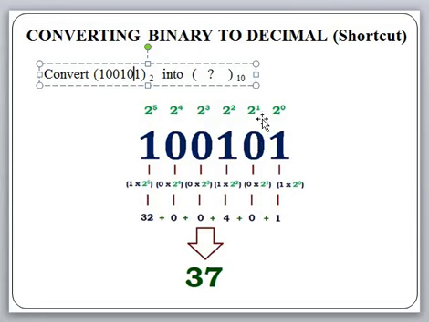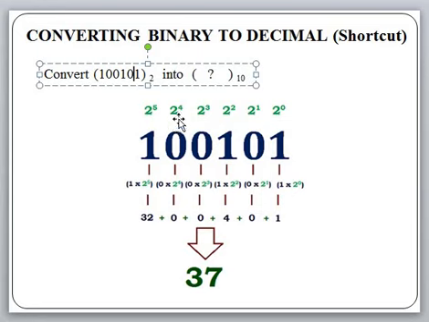Now the second digit is 0. Its weight is 2 to the power 1, which is 2, but this digit is 0, that's why we have to neglect it. So we add 0. Similarly 2 to the power 2 is 4. Since this digit is 1, we consider 4. Next 2 to the power 3 is 8, which belongs to this digit, but this digit is 0, that's why we make it 0.